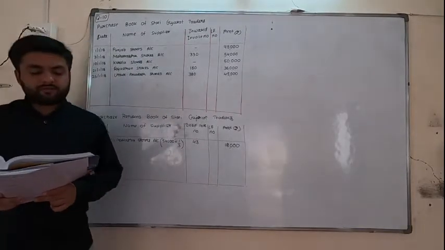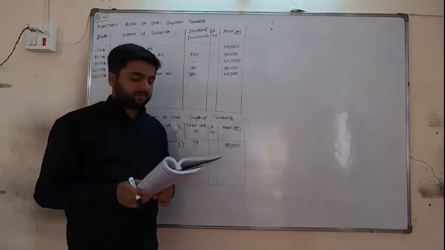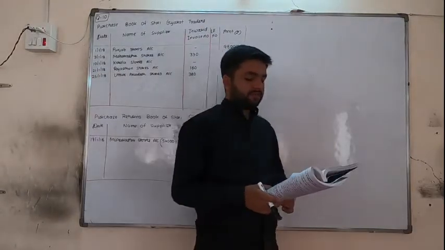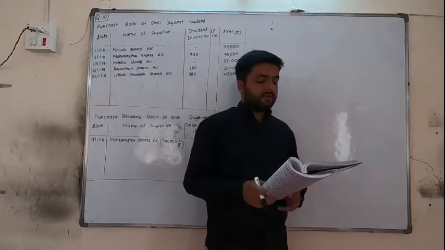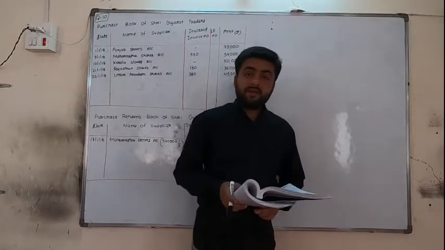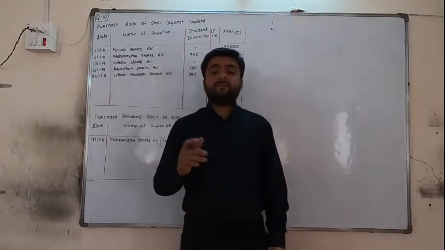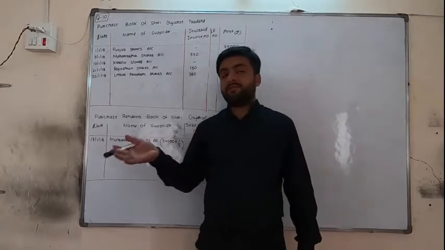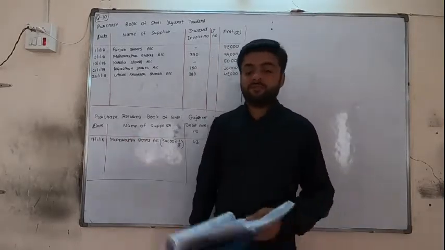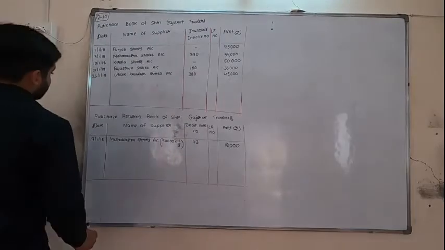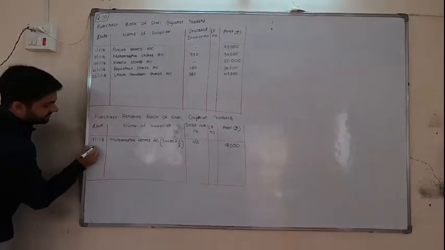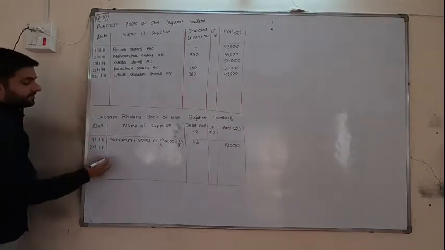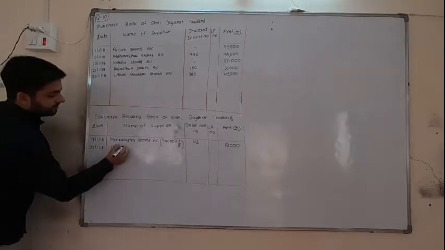Next, out of total goods purchased from Uttar Pradesh stores, 30% goods is returned along with debit note number 44 sent. Previously we have returned 1/3 goods. Here we have to give 30% of goods back. So we are returning back. So in the purchase returns book, 29/1/18, we are returning to Uttar Pradesh stores.